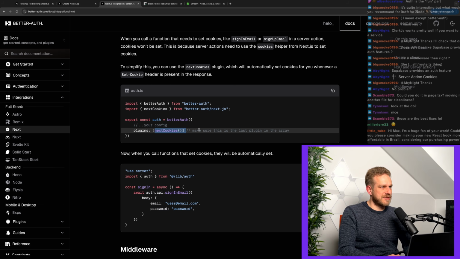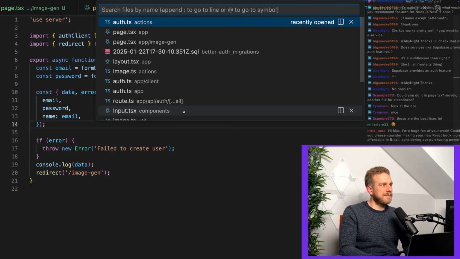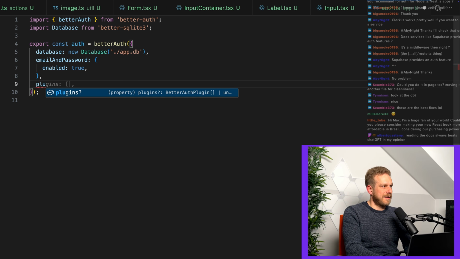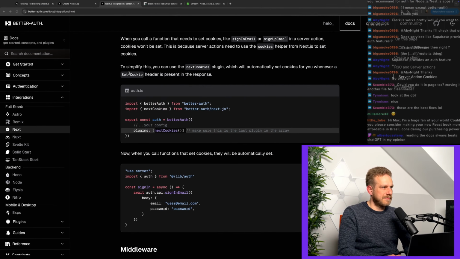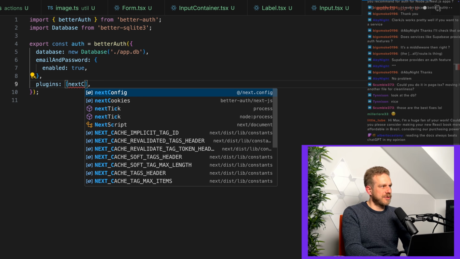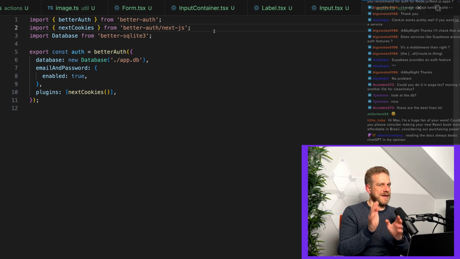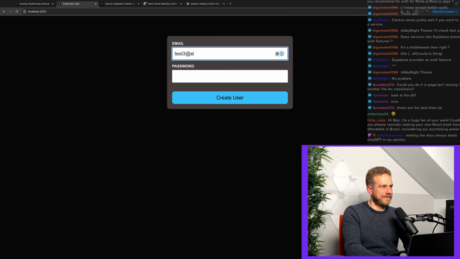So we need to register this plugin. Reading helps. So in my server auth.ts file here, I have to add plugins and add the Next Cookies plugin, like this. And that then seems to give better-auth access to that cookies object or this cookies function provided by Next.js. So I would assume that now if I create a new user, if I click create user,